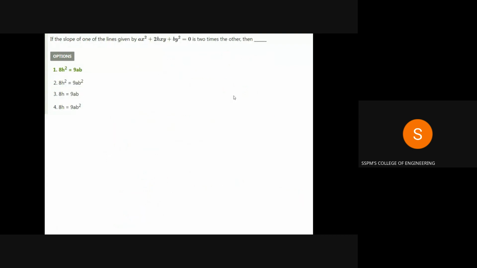Next question is, if the slope of one of the lines given by ax square plus 2hxy plus by square is equal to 0 is 2 times the other. So let us call the slope of the first line m1 and the slope of the second line m2. So what is given? The given condition is,